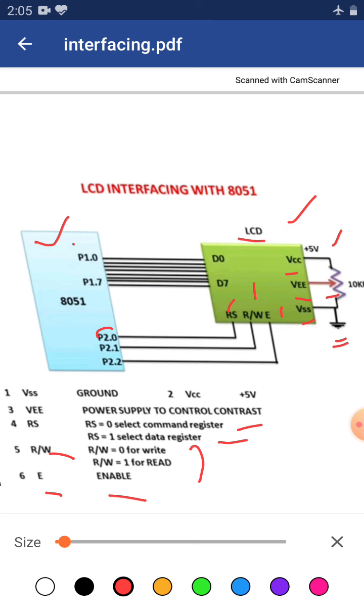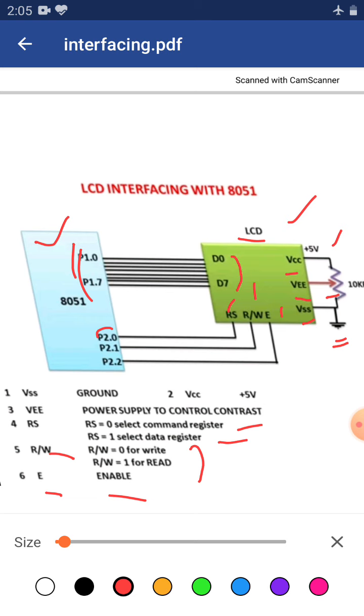Now further you see port 1 in the 8051, from 0 to 7, that means 8 bit. These 8 bits of port 1, port 1.0, 1.1, 1.2, and so on up to 1.7, work as the data bus for the LCD.